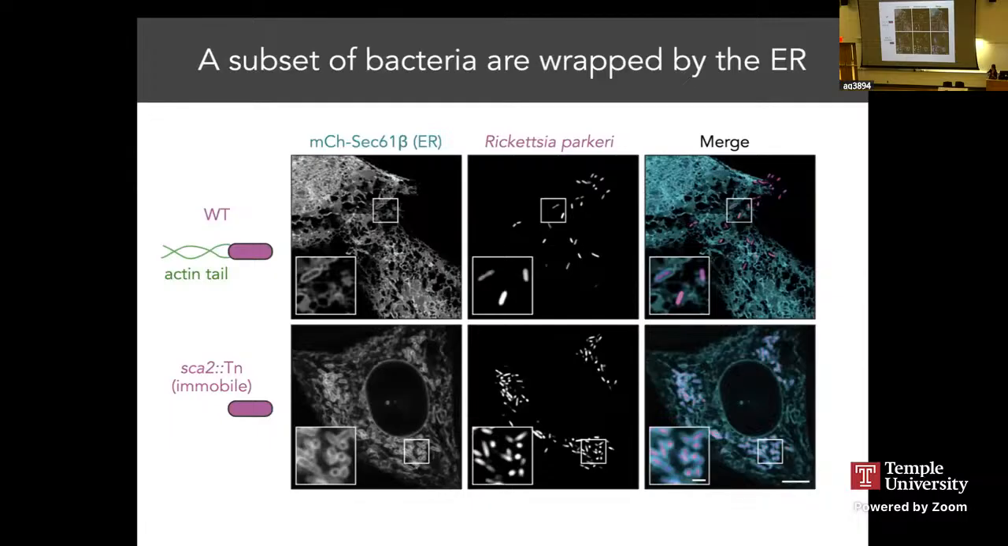That cannot make that actin tail is called a SCA2 mutant. This SCA2 protein will come up later. And you can see all of a sudden now we have a huge increase in these interactions because these pathogens can't move around. And so we wanted to get a better sense of what is the nature of this interaction,